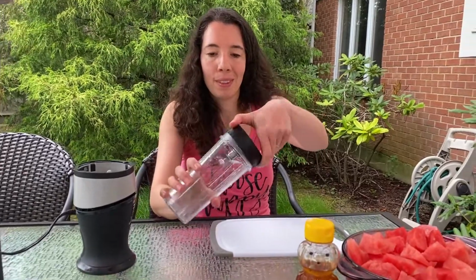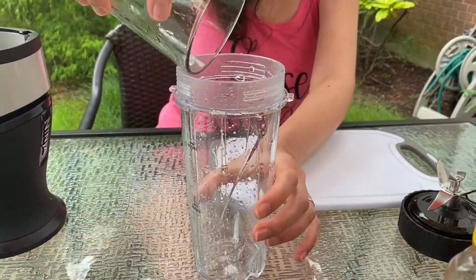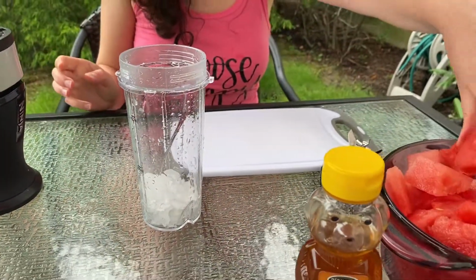To make this smoothie, let's take the blender, and I'm going to add ice. This is crushed ice, and I will add watermelon,